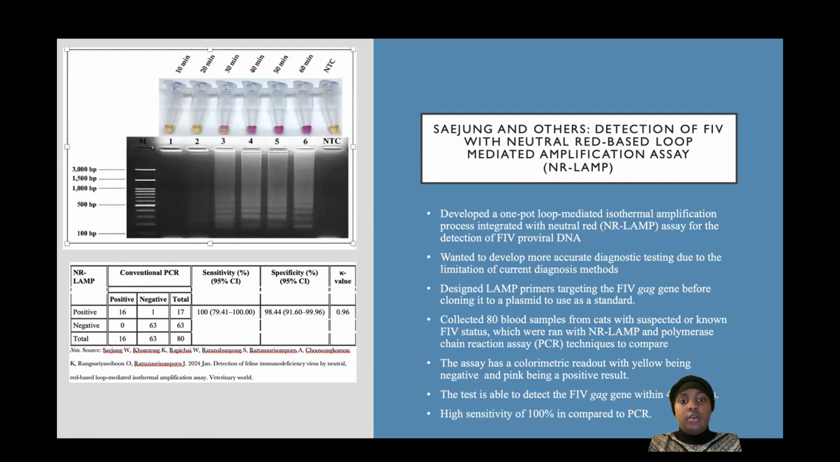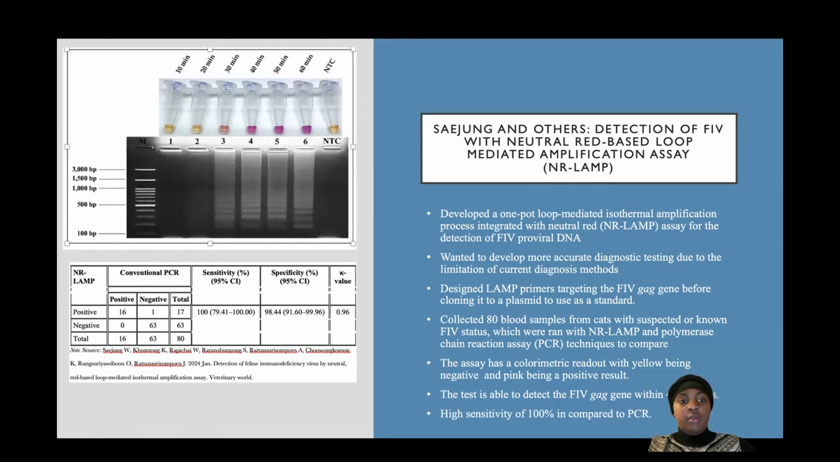In this study, their goal was to develop a one-pot loop-mediated isothermal amplification process integrated with neutral red, or an NR-LAMP assay, for the detection of FIV proviral DNA. Unlike antibody tests that can give false positives, this method detects FIV's genetic material by directly targeting the gag gene present in the virus. The reaction is performed in a single tube at a constant temperature, and positive samples turn pink while negative samples stay yellow, making results easy to interpret without specialized equipment, which can also be seen in